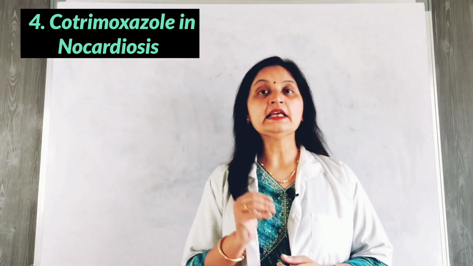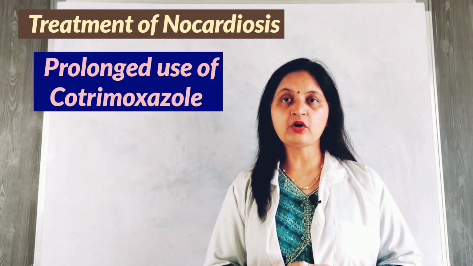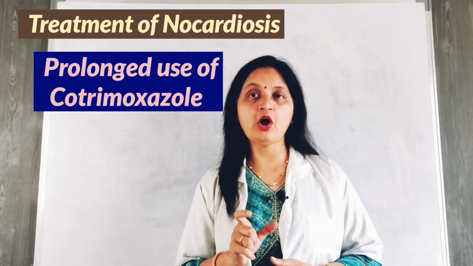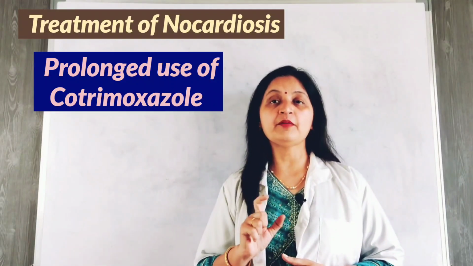Nocardiosis is a rare but serious bacterial infection which is caused by Nocardia species. It primarily affects the lung, but it can also involve other parts such as brain and skin in immunocompromised individuals such as AIDS patients. So the treatment of nocardiosis typically involves prolonged use of cotrimoxazole, that is a combination of sulfamethoxazole